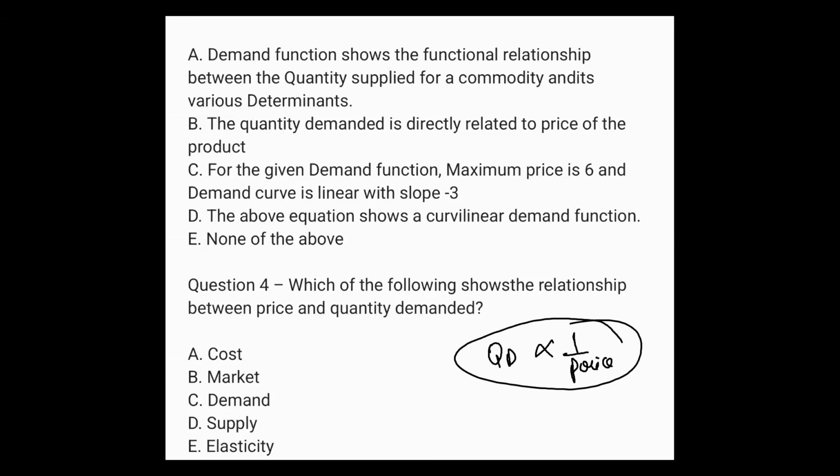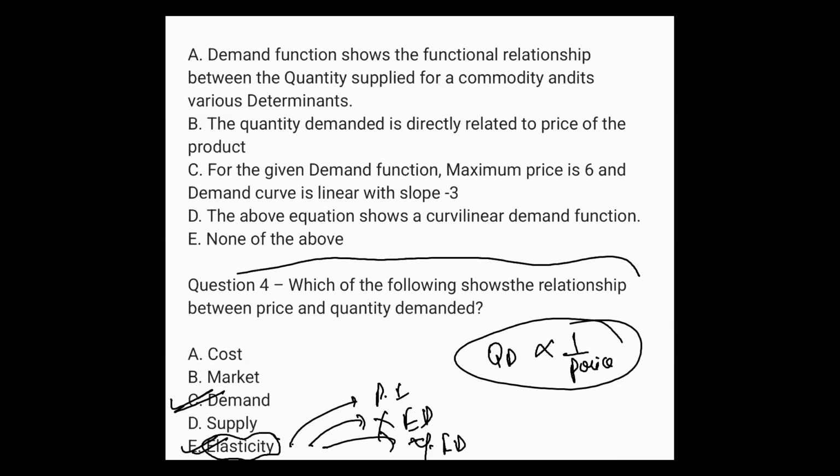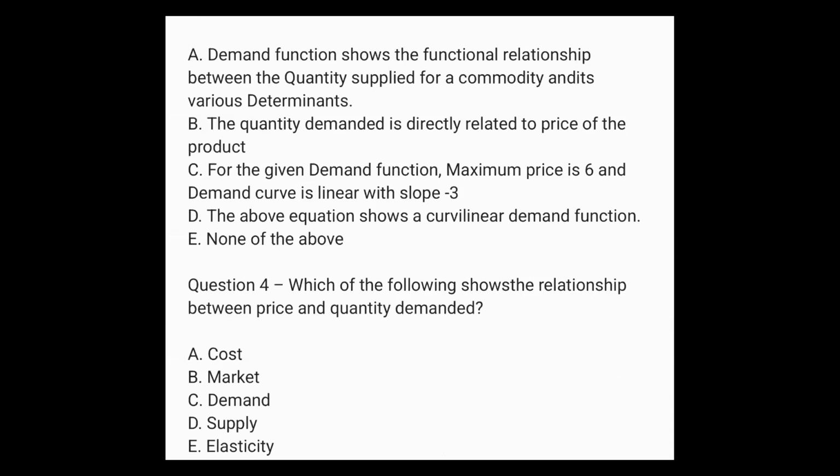ठीक है, देखो यहाँ अगर price elasticity of demand लिखा रहता, then you should tick the price elasticity of demand option. But here the option of price elasticity is not given. It has just been told elasticity. It can be price elasticity also, it can be cross elasticity of demand also, it can be income elasticity also. So which kind of elasticity it is talking about, we can't say. IBPS ऐसे ही questions पूछता है to confuse. So you will say only demand, because you know demand is related to the price. So quantity demanded shows the demand relation, not the elasticity relation. Is it clear? ठीक है.